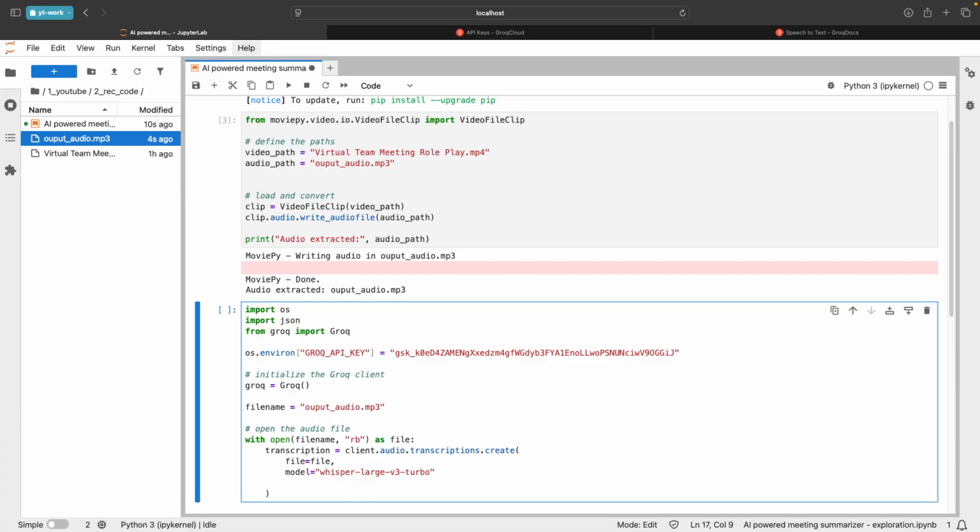And then there are other additional parameters that you can add, like the prompt, response format, and so on. I'll just include the required ones. So one is response format, where you can say that I want this response to be in a verbose JSON. It's like saying that I want this in the JSON format. And then you can say something like timestamp granularities,